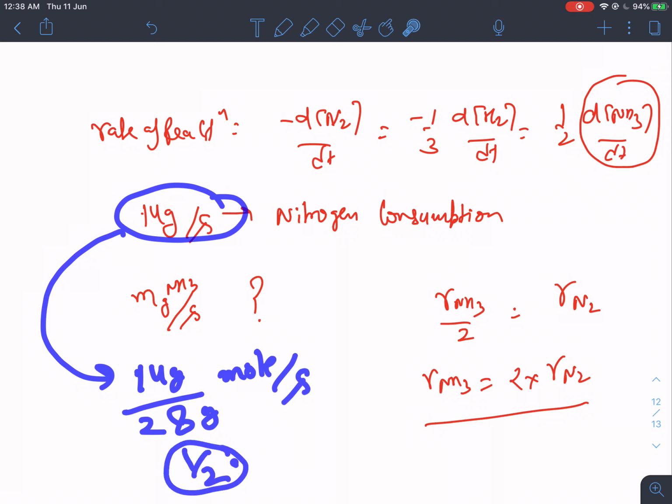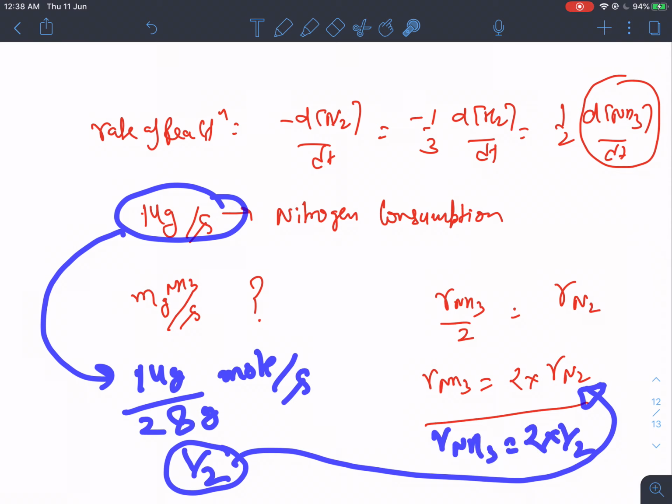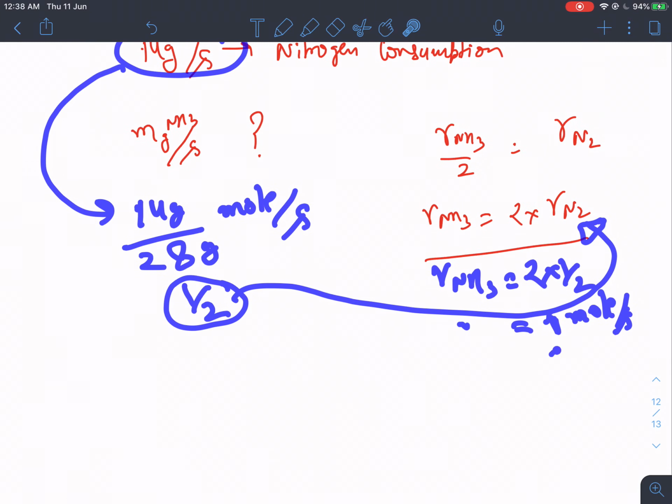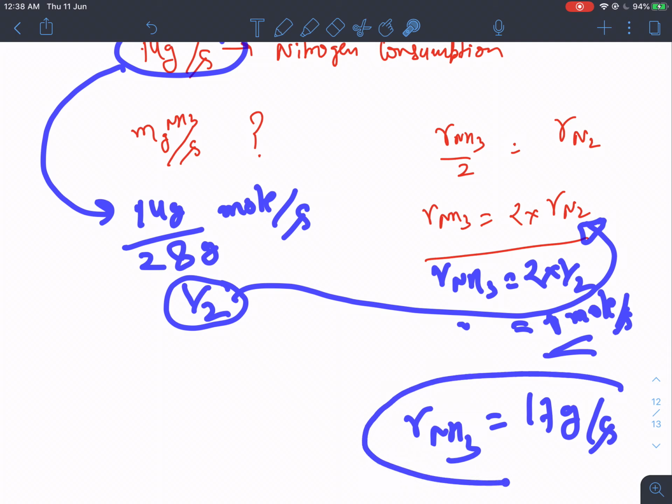Now this is interesting. Now you use it here. The rate of ammonia will be equal to 2 into 1 by 2, that will be equal to 1 mole per second, guys. So 1 mole of ammonia is how much? 1 mole of ammonia is nothing but 17 gram per second, because the molar mass of ammonia is 17. So this is the second possible mistake that students used to make. So always keep mole per liter, mole like that.